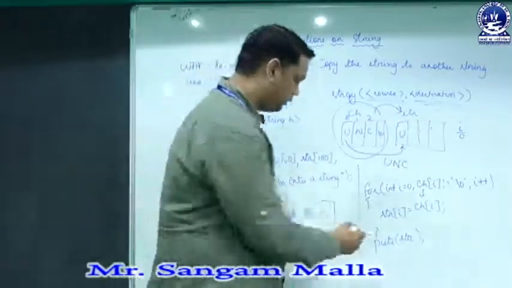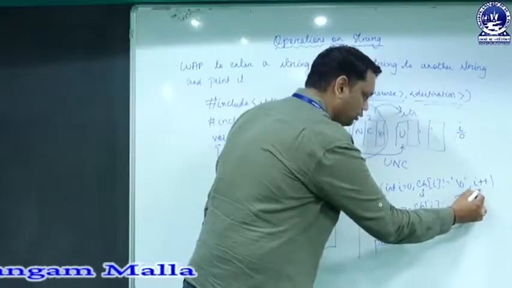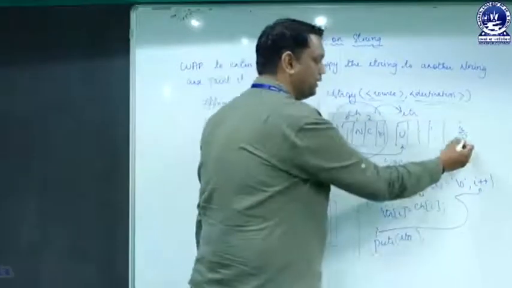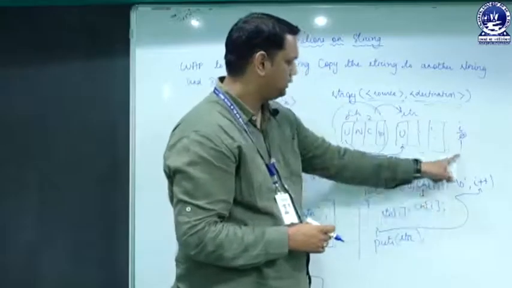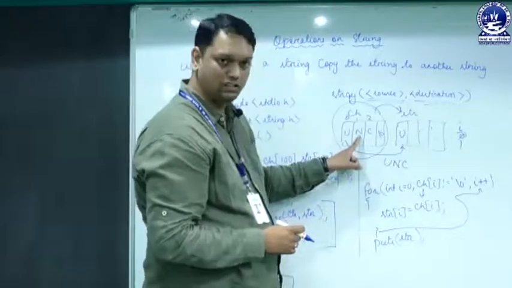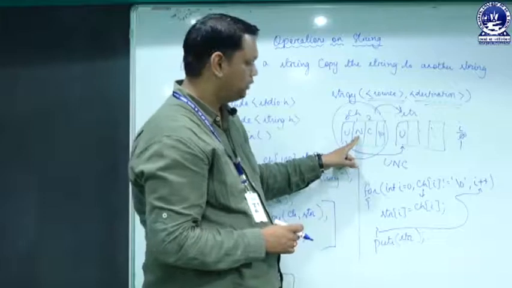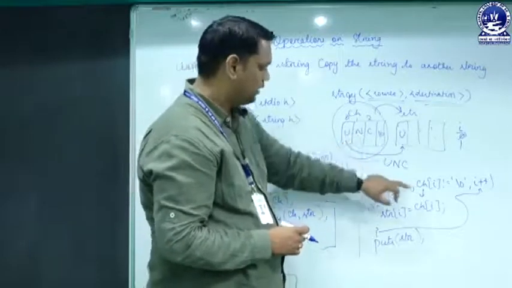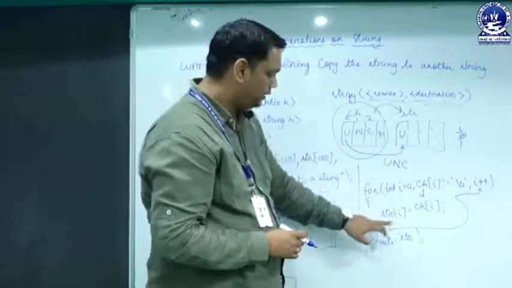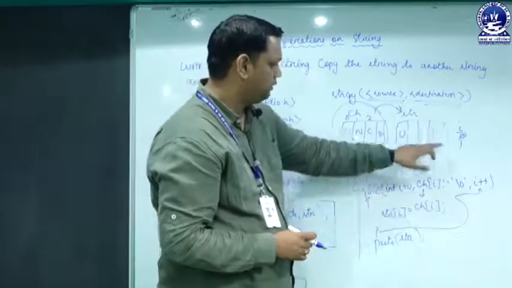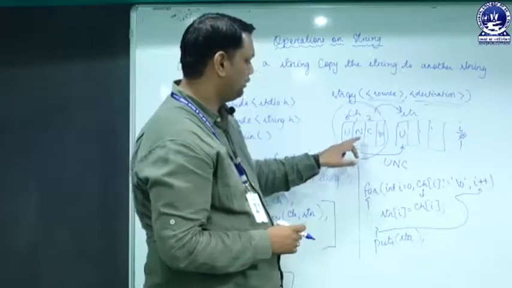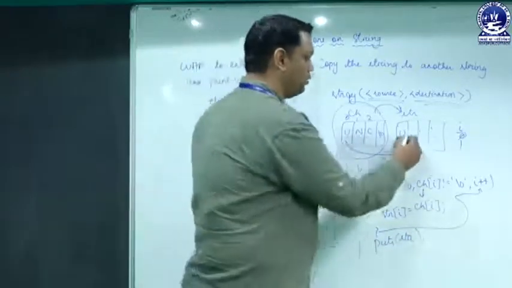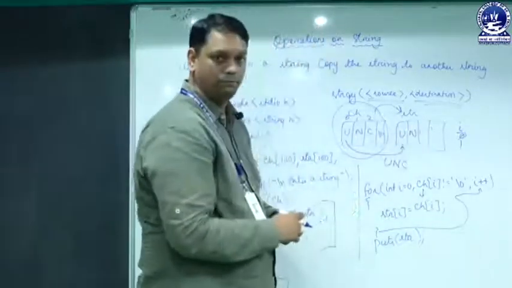When it comes over here, it will be redirected to i++, so i will be incremented to 1. Now it will check whether ch[1] has backslash 0. No, it is not, because it has n. So the condition is satisfied and it will come over here. str[1] will contain the value of ch[i], which means n. So n will be copied to str.